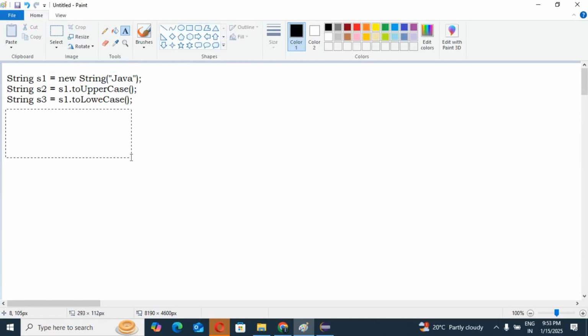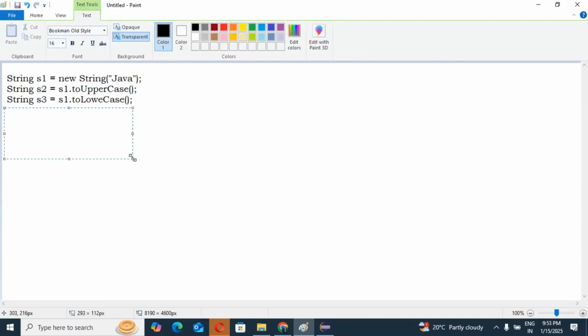After writing these two operations, s1 dot toUpperCase and s1 dot toLowerCase, if I want to print s1 == s2 or s1 == s3, we'll see that after creating the objects in the respective heap area as well as SCP area.